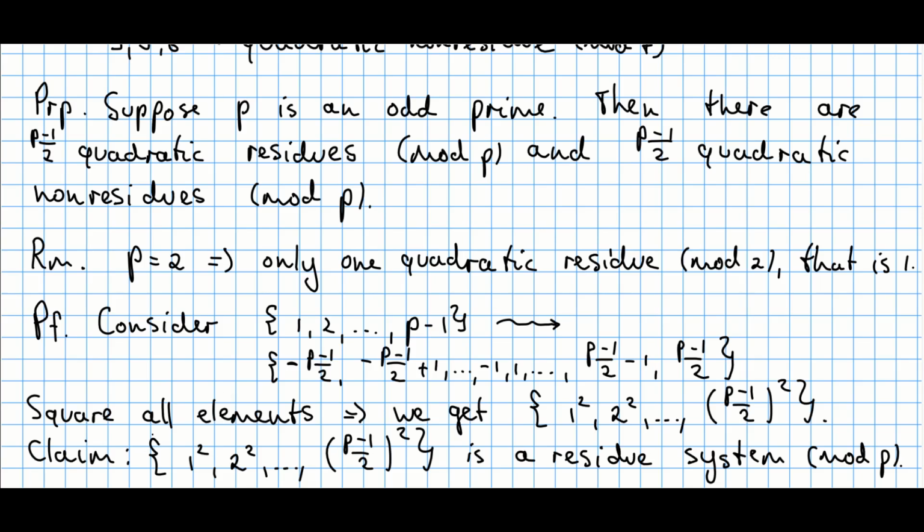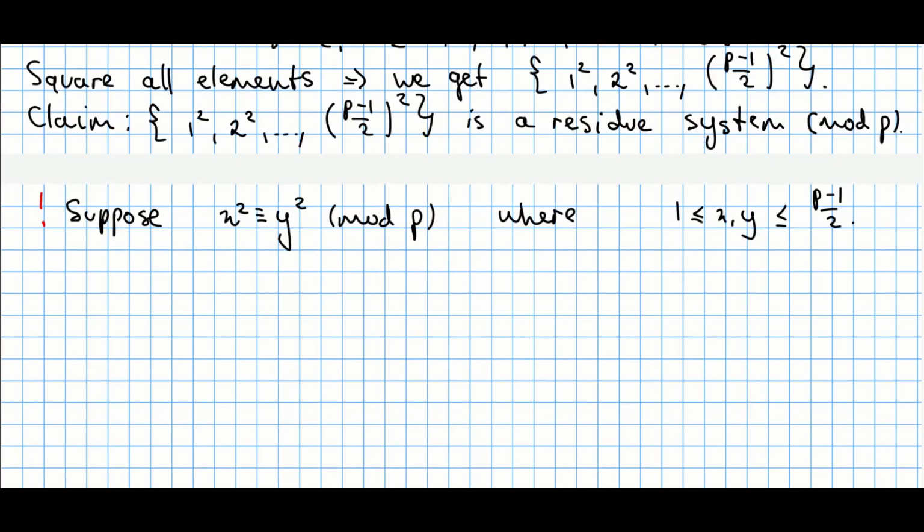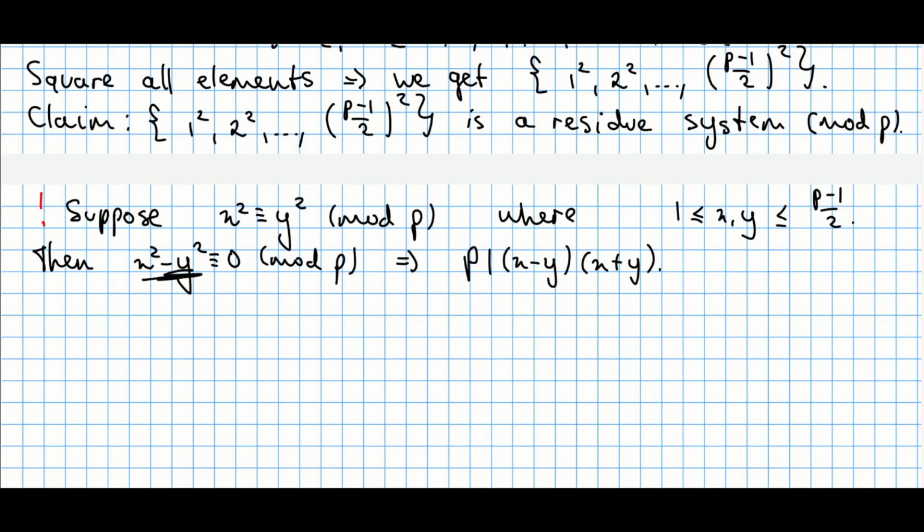My main claim here is to show that this set forms a so-called residue system modulo p. In other words, those elements, 1 squared, 2 squared, ..., ((p minus 1)/2) squared, are all completely different in the world of modulo p. We're going to prove this claim by contradiction. We suppose that there are 2 different elements such that those squares are congruent modulo p. So we take x, y from 1 to (p minus 1)/2, and we claim that x squared and y squared are equal modulo p. Then we can rewrite this as x squared minus y squared is congruent to 0 modulo p, and by the definition of modulo, it means that this prime number p divides x squared minus y squared,